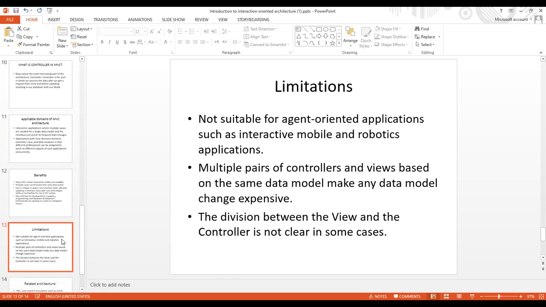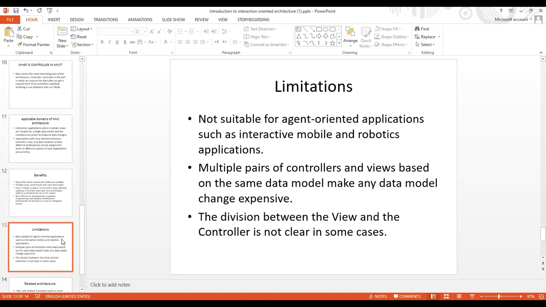Disadvantages or limitations of MVC architecture: it is hard to understand the MVC architecture, it must have strict rules and methodology, and it is not suitable for agent-oriented applications such as interactive mobile and robotic applications. Multiple pairs of controller and view based on the same data model make any data model change expensive.